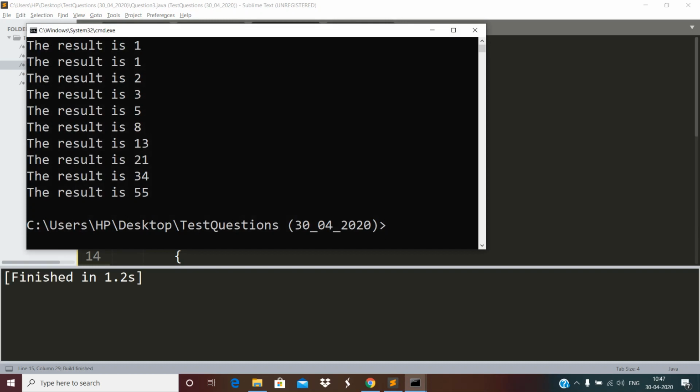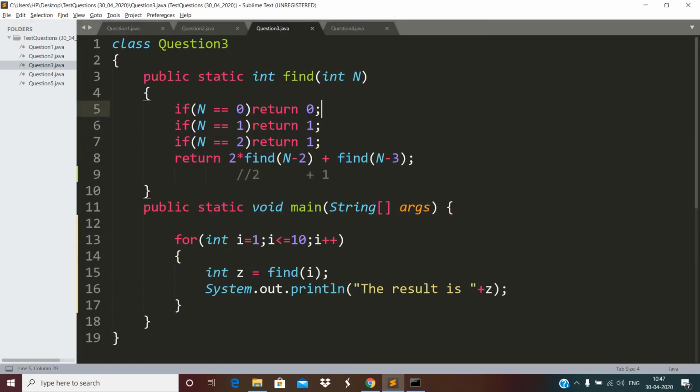This function is generating the Fibonacci series, the sum of the last two terms: 1 plus 1 is 2, 2 plus 1 is 3, 3 plus 2 is 5, 5 plus 3 is 8, 8 plus 5 is 13, 8 plus 13 is 21, 21 plus 34, like that. So I hope you people have understood. So this video